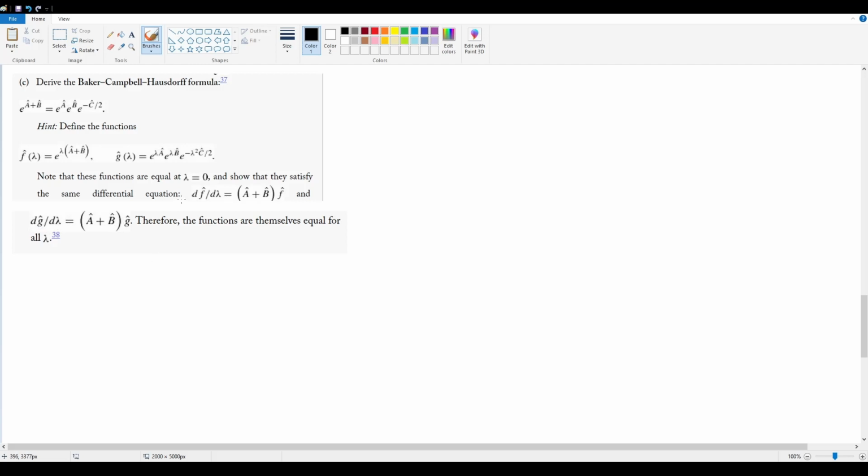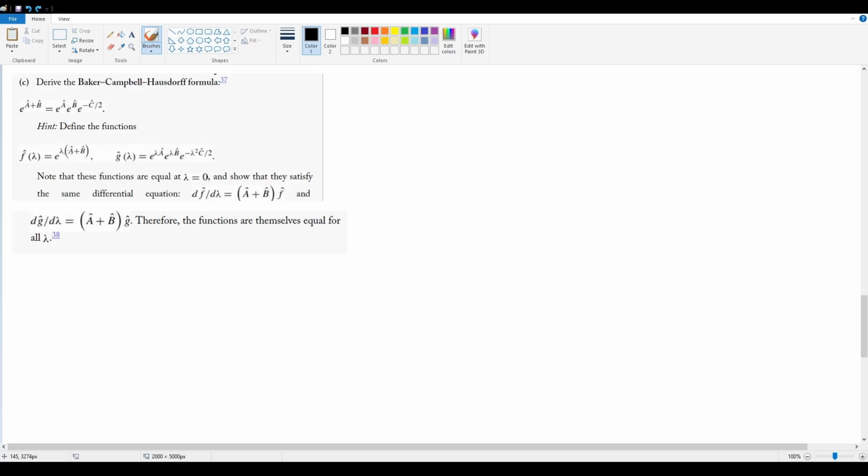And because of the fact that these differential equations are equal, and also that these functions are equal at some initial point for lambda, these functions therefore have to be equivalent for all lambda, including the case where lambda equals 1, which is exactly what this is. So first off, just trying to understand what the proof actually is trying to say is that, okay, you have